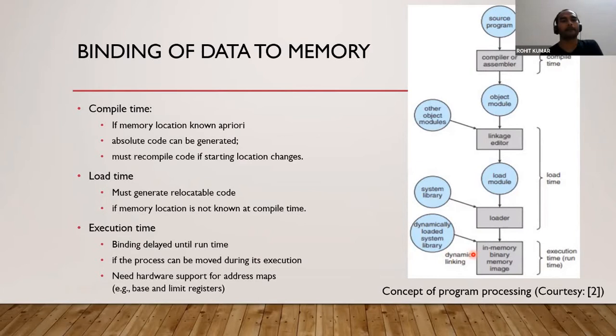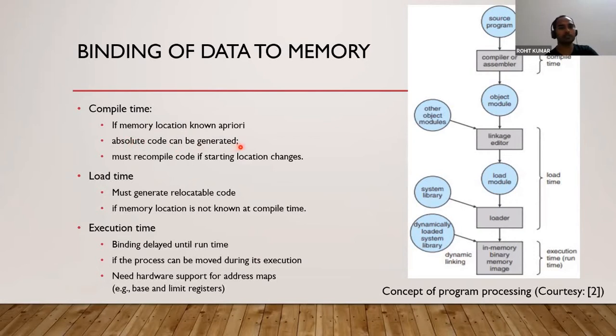Okay, so when we say compile time, what does it mean? Compile time means that if you know the memory location in advance, then only can we call it compile time. For example, you have asked for a particular function that is already stored in a memory location, and the compiler knows in advance that this function is called in the source code. So it will take care of all these activities in advance. At compile time, all the memory locations required to fetch content from are already known. So memory locations are known a priori, which means in advance, before the actual execution.